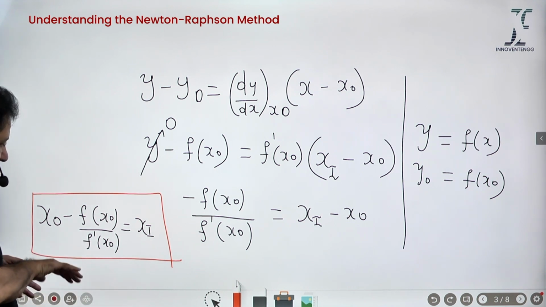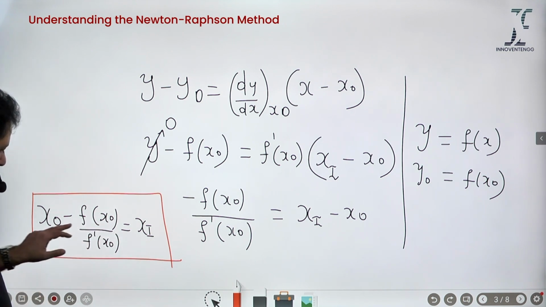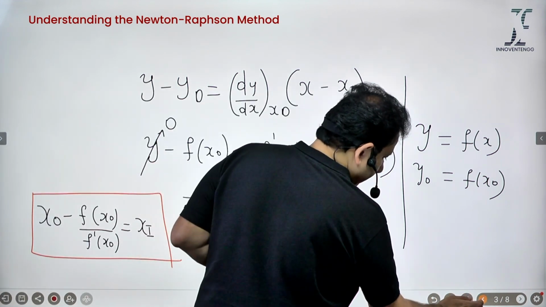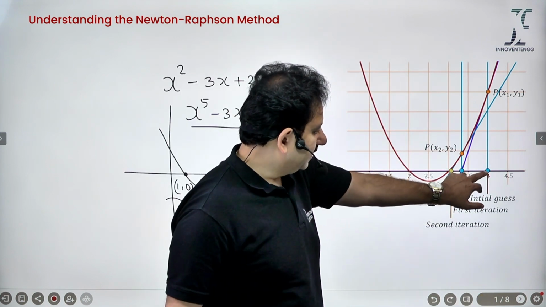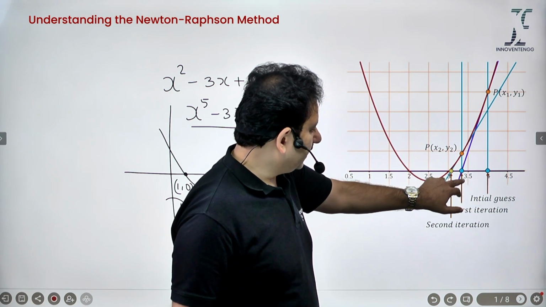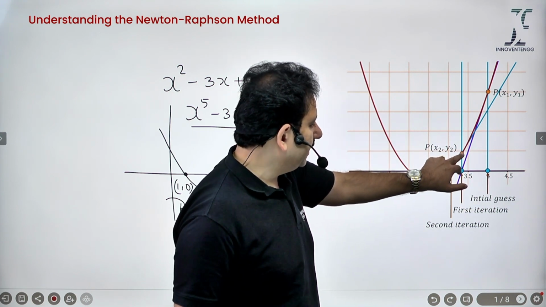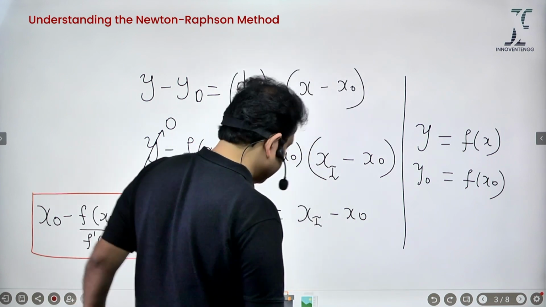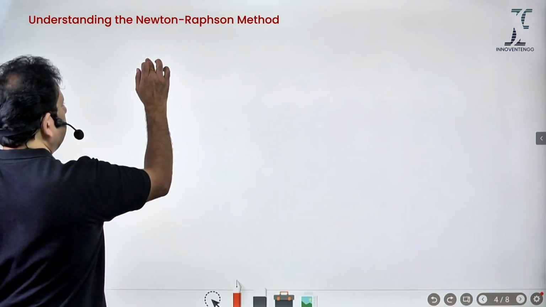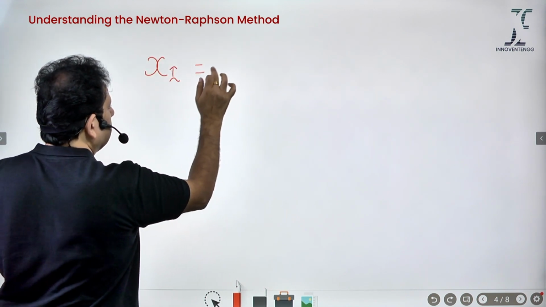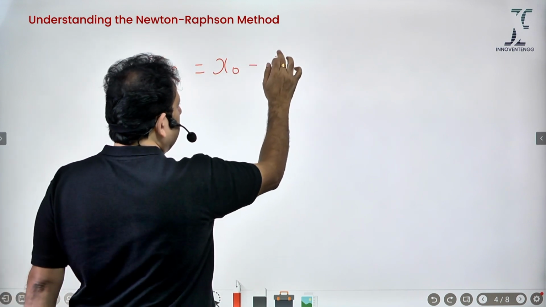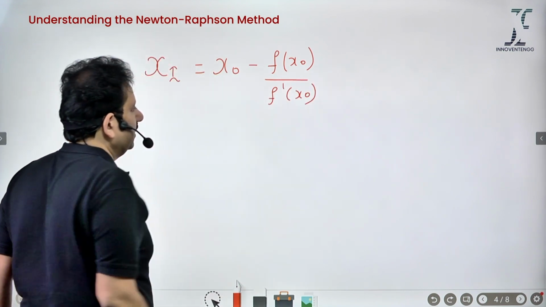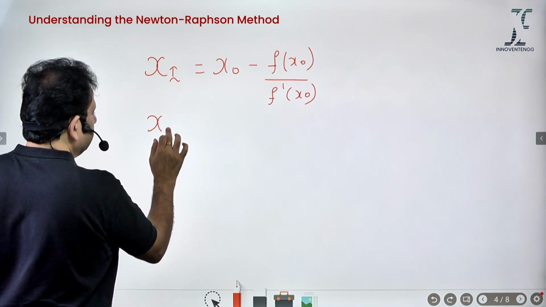Now what happens for the next iteration? You would simply replace x naught by x1, because go back to the figure and see what happens. First I started with this guess x naught. Then once I calculated the first iterative value, that becomes my initial guess for the second iteration. Remember? So if I write this systematically, my first iteration is the initial guess minus f of x naught divided by f dash of x naught. This is for the first iteration. If I seek my second iteration value,